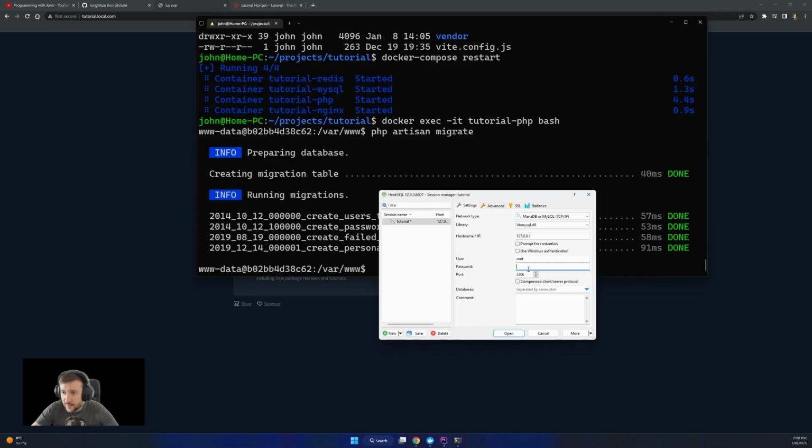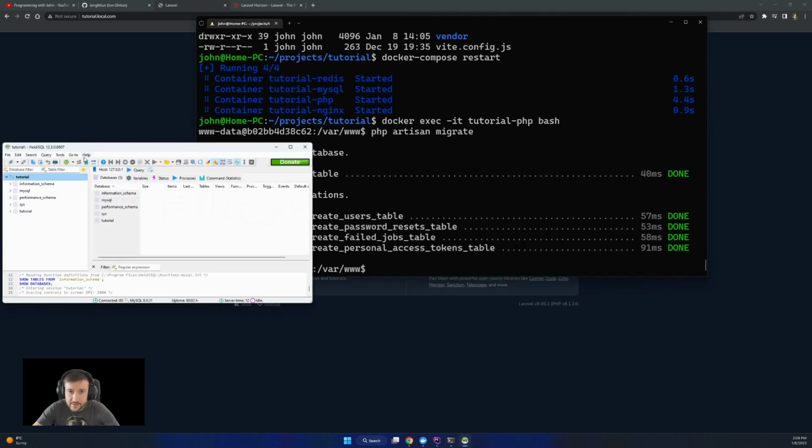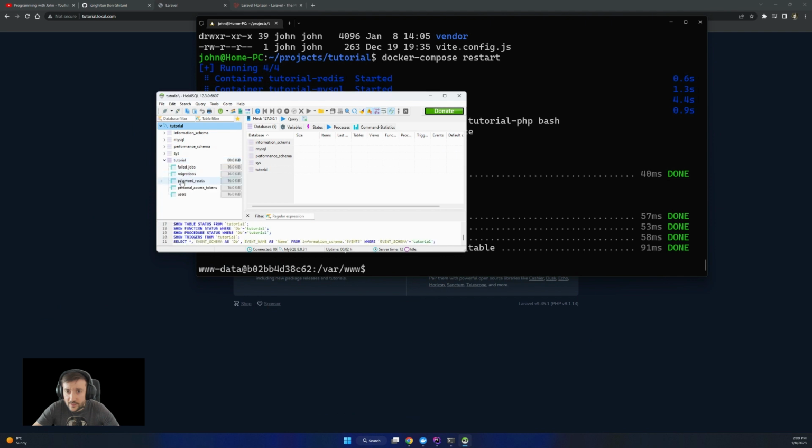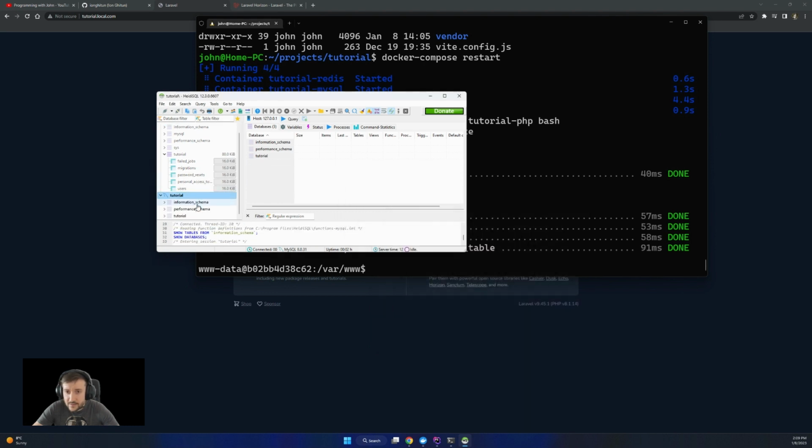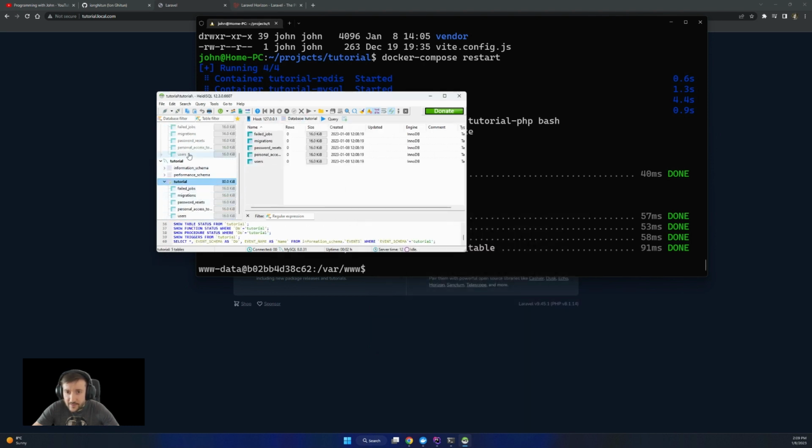So if I'm going in as root with tutorial and the external port open, I have everything including the tutorial database and the migrations. In the same way, if I want to use tutorial as user and connect, like I said with the same port, yes, we'll connect and we'll see everything. Obviously connecting as root, you see more tables and more databases.